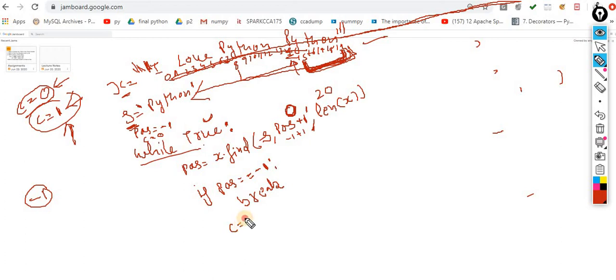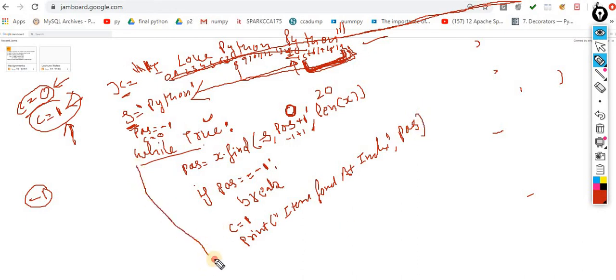Counter value becomes 1, and print item found at index of position. Now, in the end, if counter value still remains 0, then print whatever you want to find, that is not available. Very beautiful code.